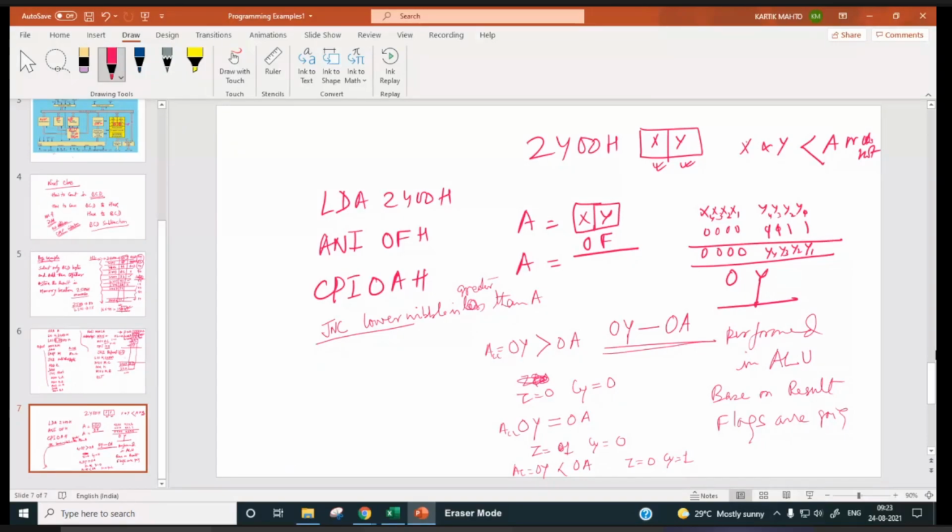Now if carry is not generated, then you have to check X here. Right now we have checked whether Y is greater than A or not. So what you need to do is LDA 2400H. So A will be XY.